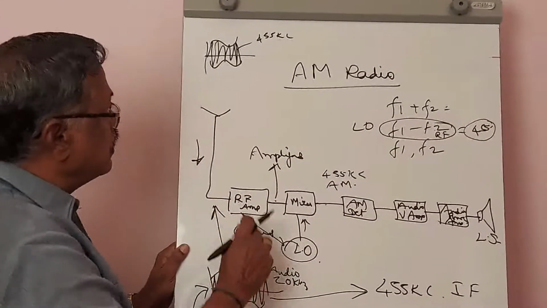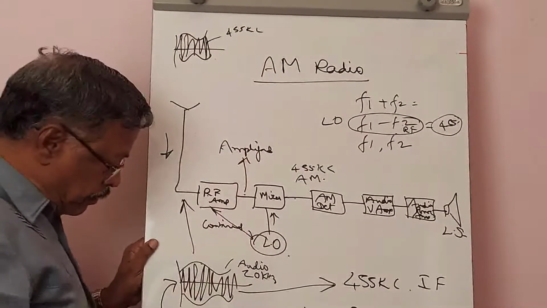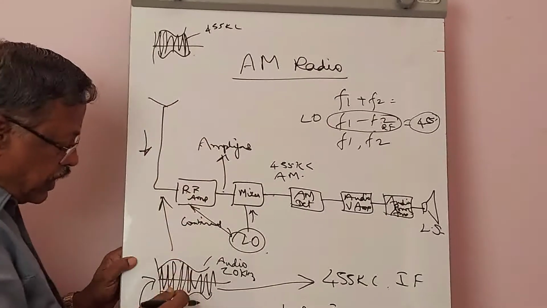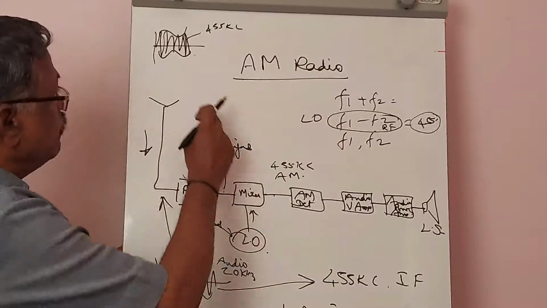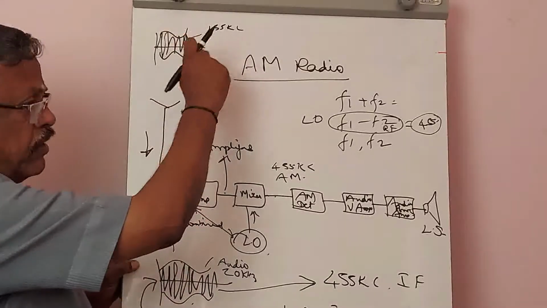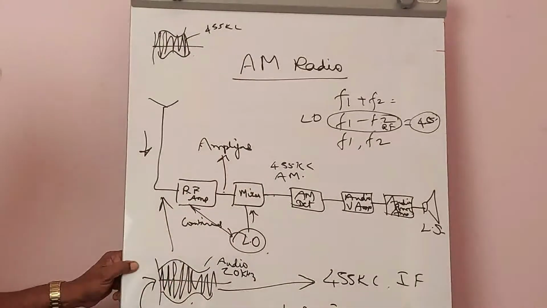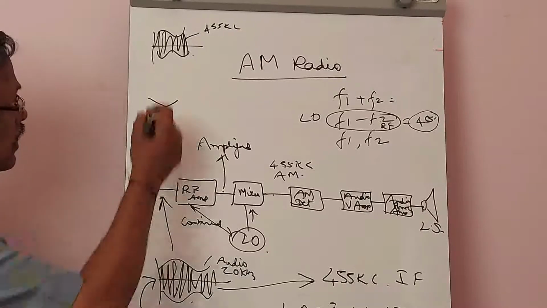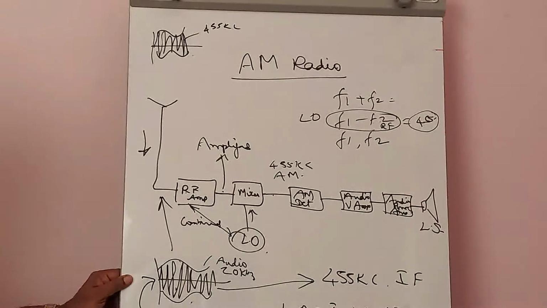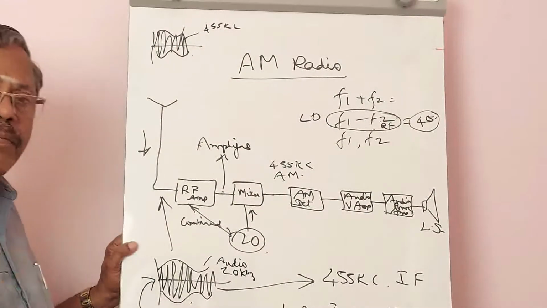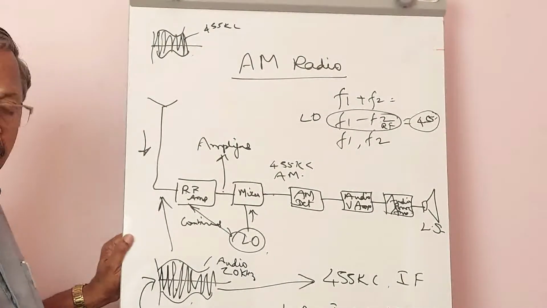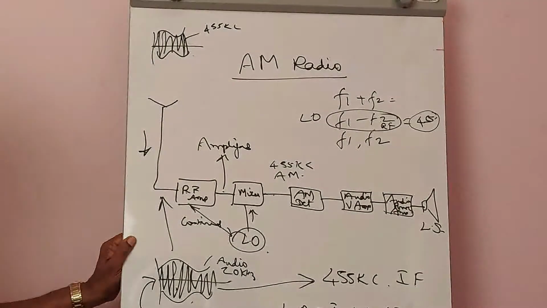Now, after frequency conversion, we have received this waveform from this waveform. This is the waveform we received from the antenna of the radio receiver, and after mixing with the local oscillator, we are going to receive a waveform looking like this only. In the envelope, the audio signal is available, but within that, here it is going to be 550 kHz, there it is going to be 455 kHz. 455 kHz is called the intermediate frequency. That intermediate frequency is common for all AM radio, common for all the stations the radio receiver is going to receive.